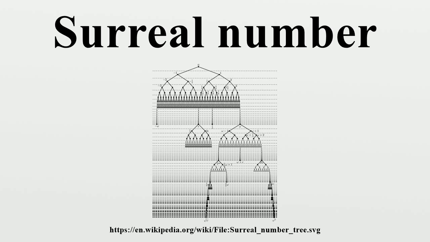The construction rule is repeated to obtain more generations of surreals. S0 equals 0, S1 equals -1 less than 0 less than 1, S2 equals -2 less than -1 less than -1/2 less than 0 less than 1/2 less than 1 less than 2, S3 equals -3 less than -2 less than -3/2 less than -1 less than -3/4 less than -1/2 less than -1/4 less than 0 less than 1/4 less than 1/2 less than 3/4 less than 1 less than